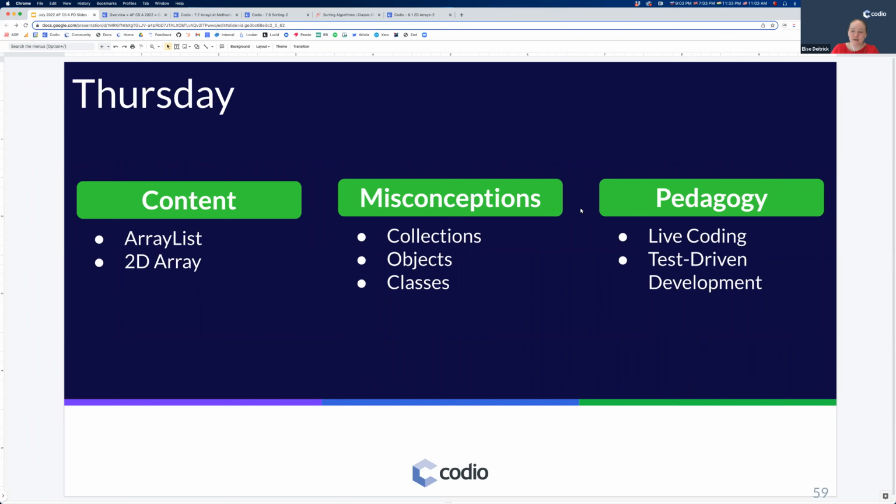And finally, we'll get to evidence-based pedagogy. Today we're going to talk about live coding, which we've done a little bit throughout the week, where you've seen me struggle with Python Tutor, full of different visualizations, etc. And test-driven development, which is seen mostly in industry, a little bit in high ed, not as popular in K-12,